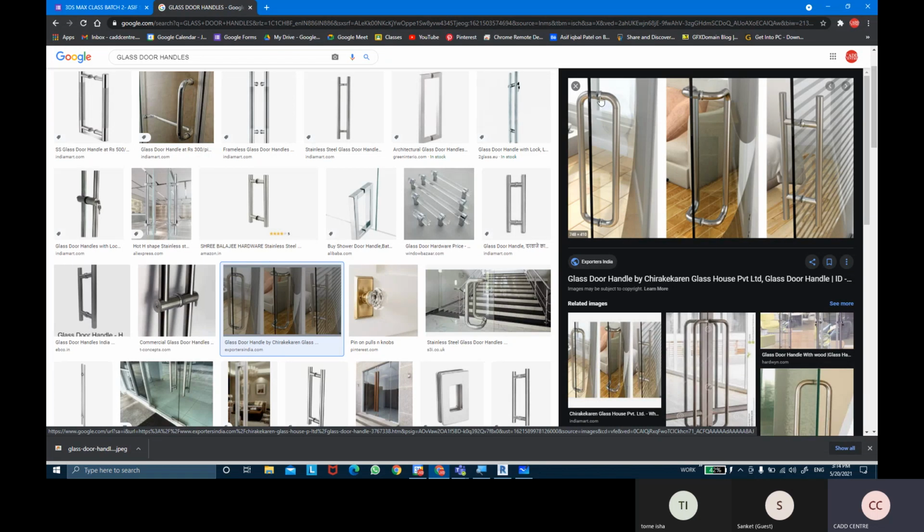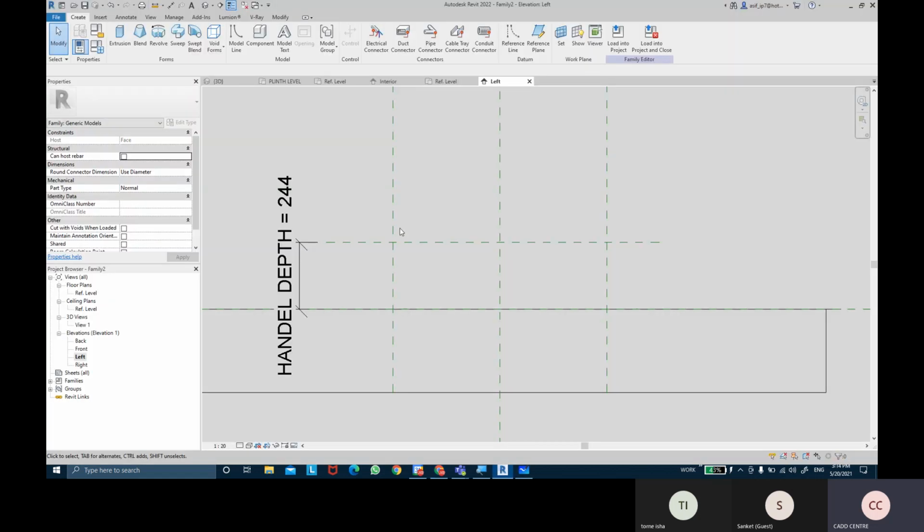So we're going to create a circle. If it was a square shape, we would have created a square profile, so instead of round, it would have come out square. Okay, so we need to create two elements when we are using solid sweep. First, we need to create the path, and the second is the profile. So first I'm going to create the path for the handle.